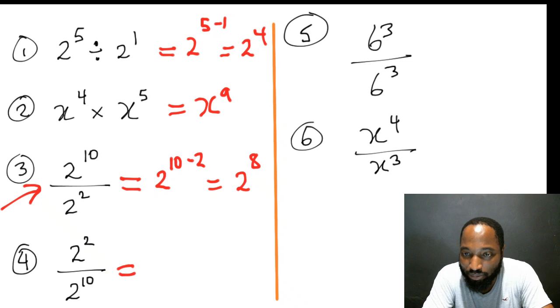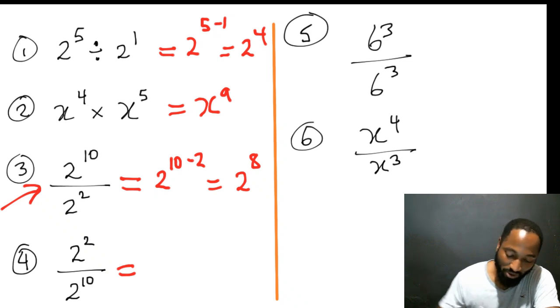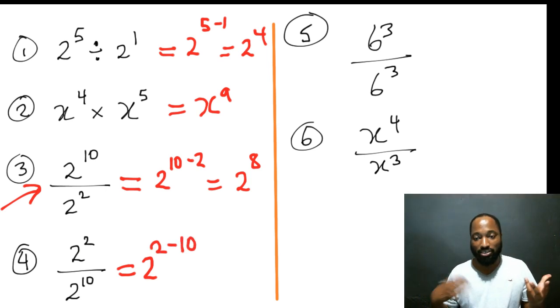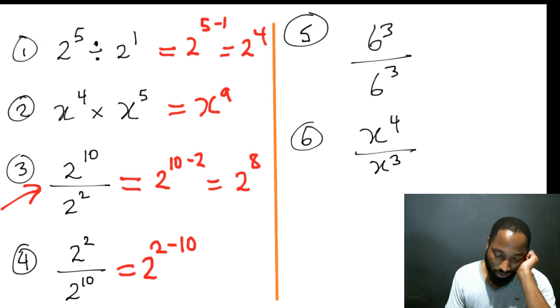So I'm seeing people getting the answer for number 4, which is very good, because number 4 goes into minus land, or negative land. You have 2 to the power of the first number, 2, subtract 10 this time. And when you have a smaller number take away a bigger number, very likely you're going to end up in negative land. So 2 to the power of 2 take away 10, and we're going to do a whole class on directed numbers, is actually negative 8.